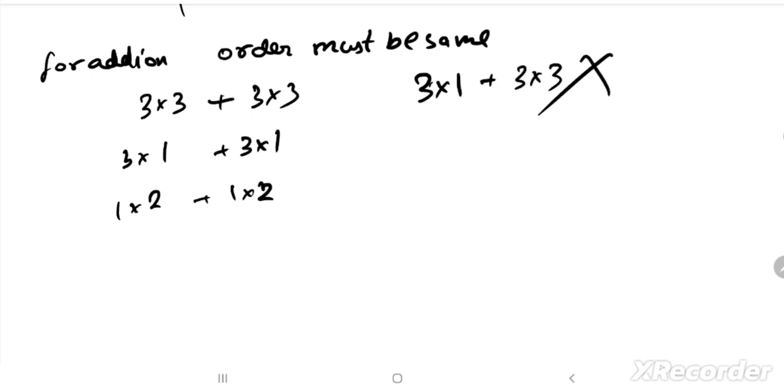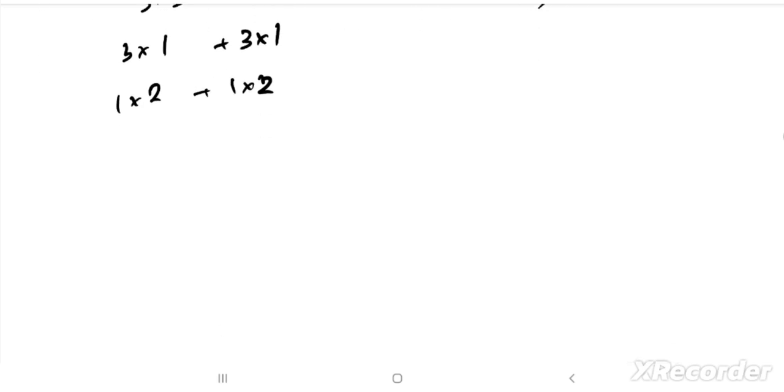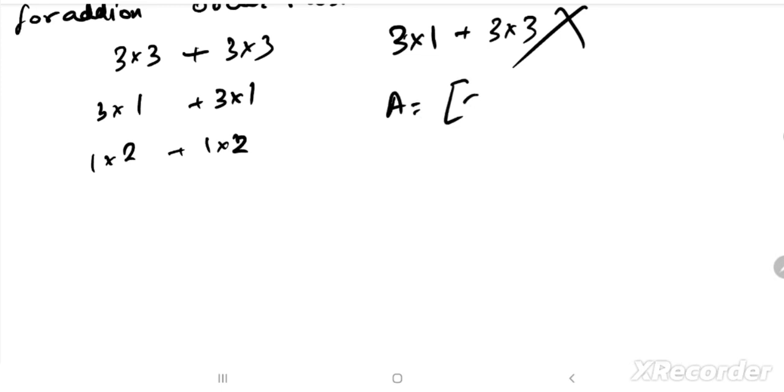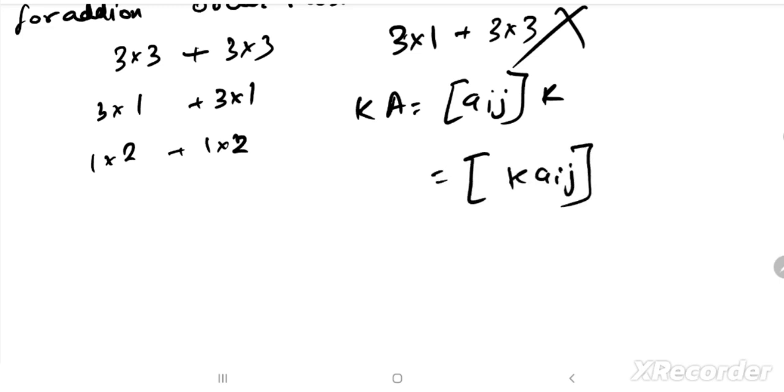And if you have any matrix A which represents Aij, if you multiply it with a scalar k, you can write it as k times Aij. Aij represents the element on the ith row and the jth column. Hope you get it. Now we don't need to deal much with addition, but we need to deal